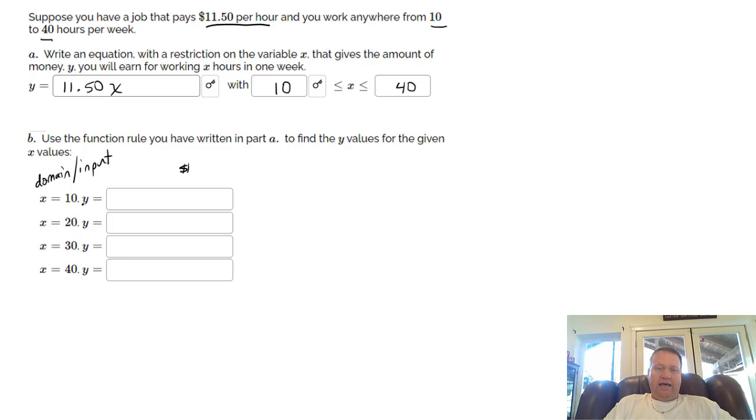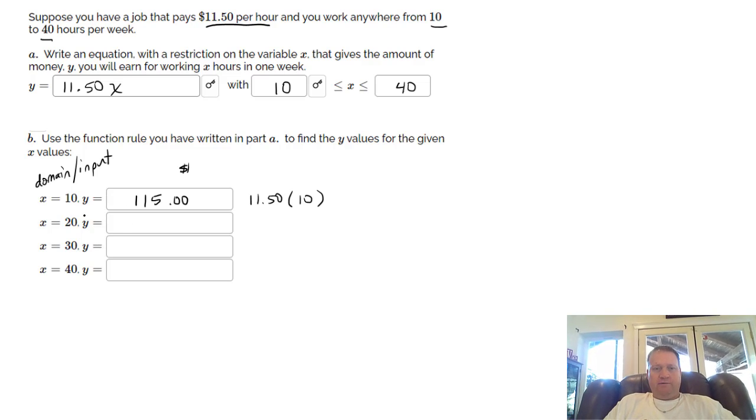These are your y's. And if x is 10 hours, y is equal to 11.50 times 10, right? We just multiply the hourly wage times how many hours you work. And I know that when I move the decimal over, I'm going to make $115, I guess, before taxes, when I put in 10 hours worth of work. Well, I guess we can just keep doubling this. Let's double that. $115, multiply that by 2 because it'll be 20 hours of work. So if I make $115 for 10, it'll be